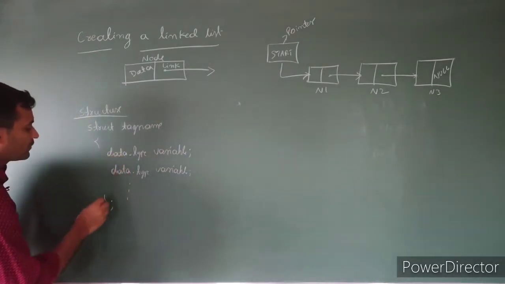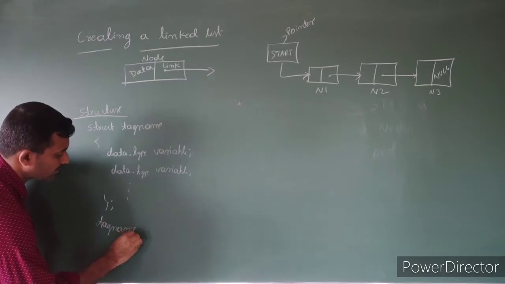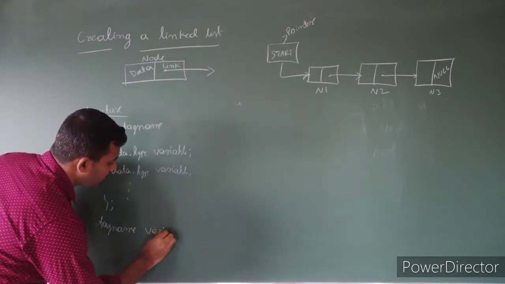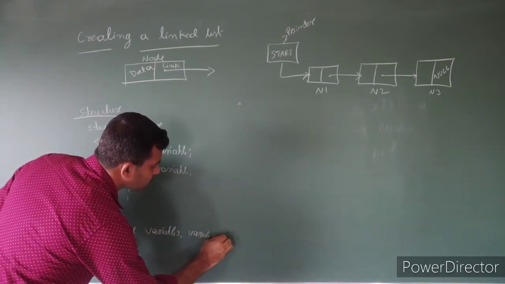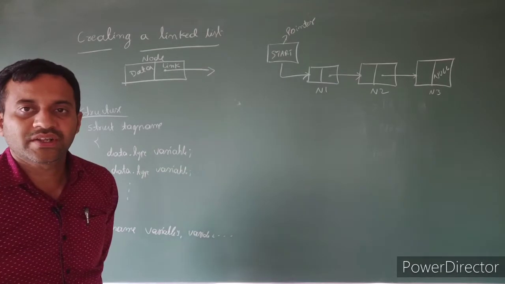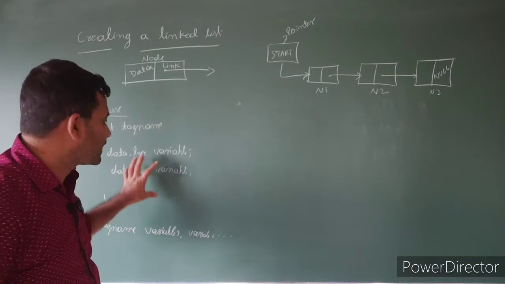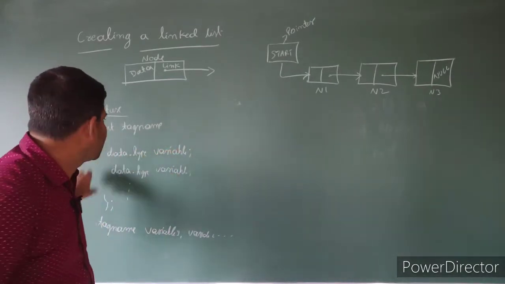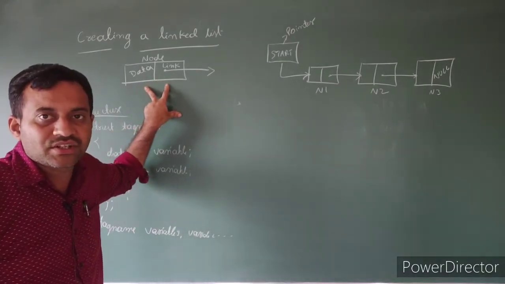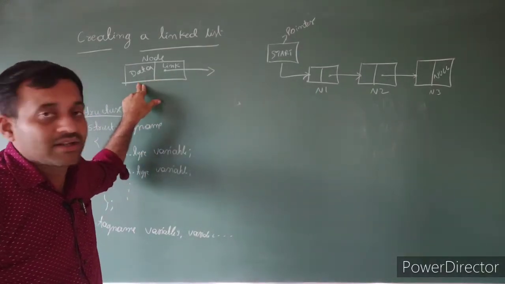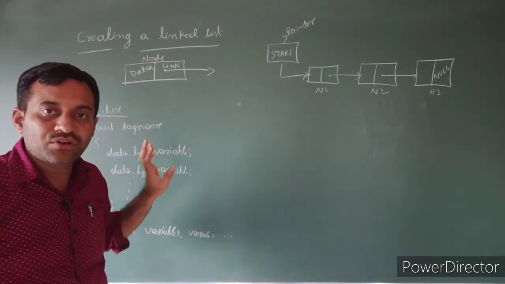To create a structure variable, again we use the tag name, then variable 1, variable 2, and so on. These are the variables. These variables reserve memory for the structure members. Using this logic, we create a node, because a node is a heterogeneous collection of elements. One is the data, another one is the link, but both are under the same name, that is node. Hence it is heterogeneous.